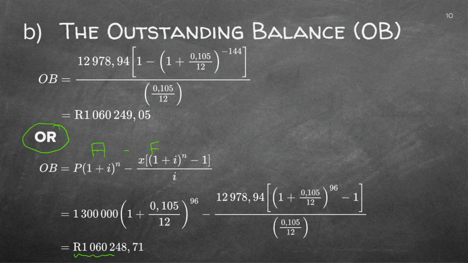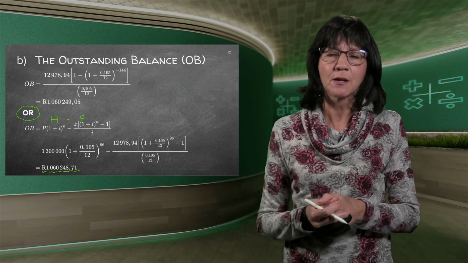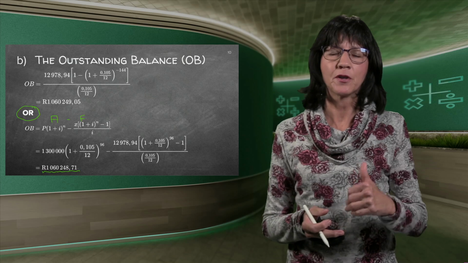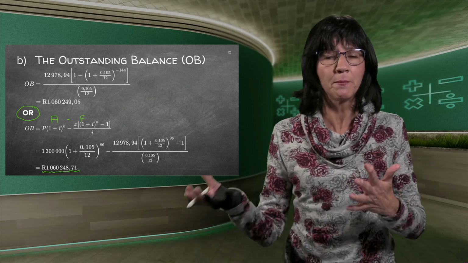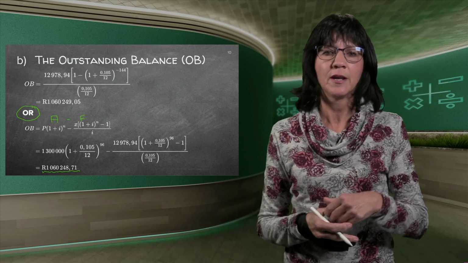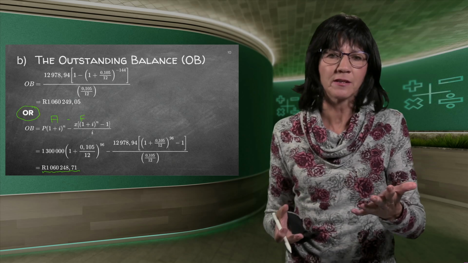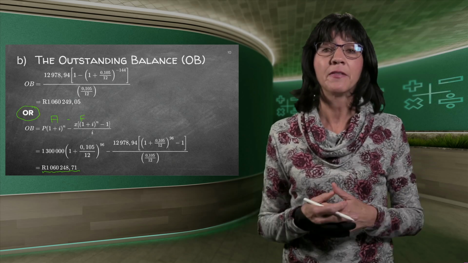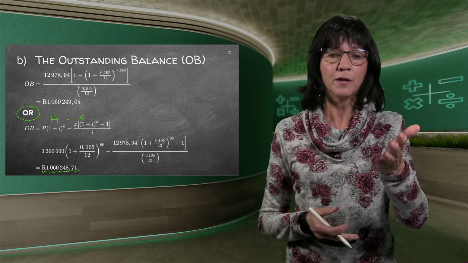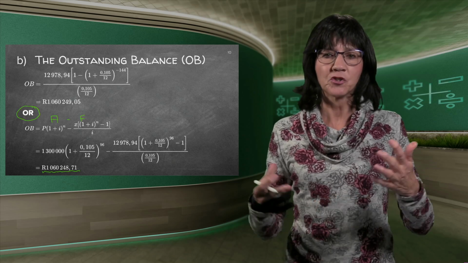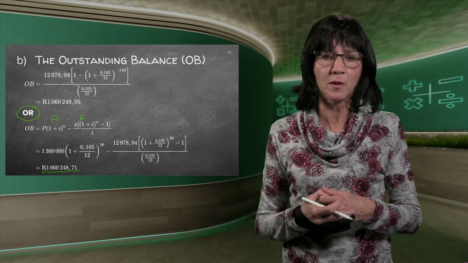Look here at the bottom. You get exactly the same answer except for the rounding off. If you round off, because you're doing two sums here, it gives you a little bit different answer than the one on the top. But as I say, both methods are in the matric paper memos, so they allow both of those. It's close enough if you think it's around a few cents out, and that is totally fine. We take both answers into consideration. So if you want to use the second method, it's just a bit longer. That's why I prefer the first one.